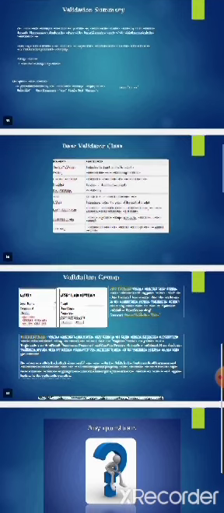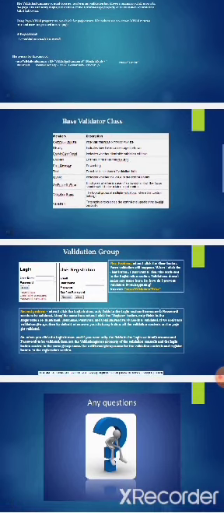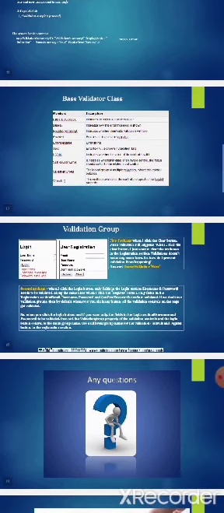The next one is display. This display will show the error message. It indicates how the error message is shown. The next one is enable client script. So it will